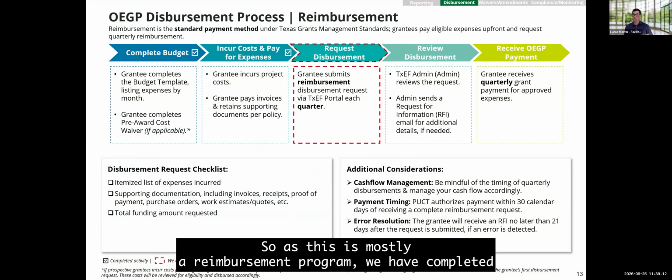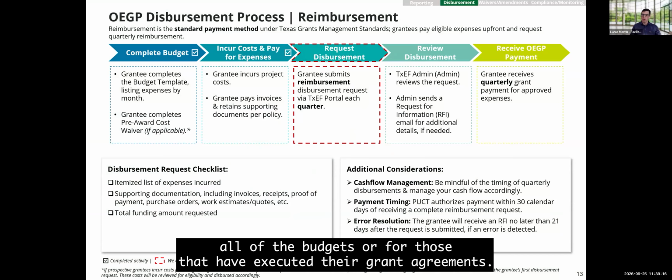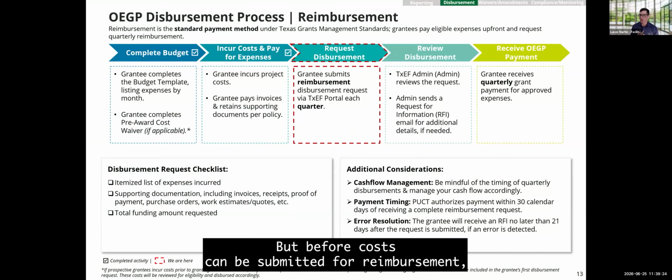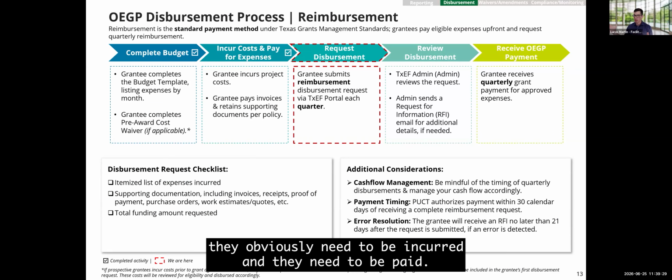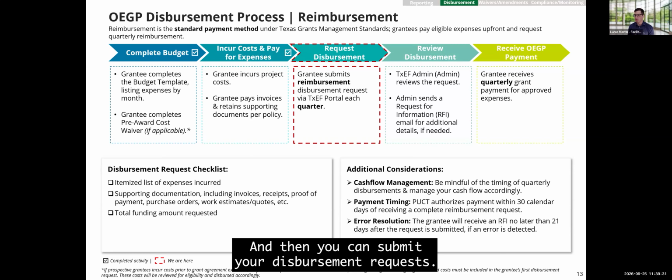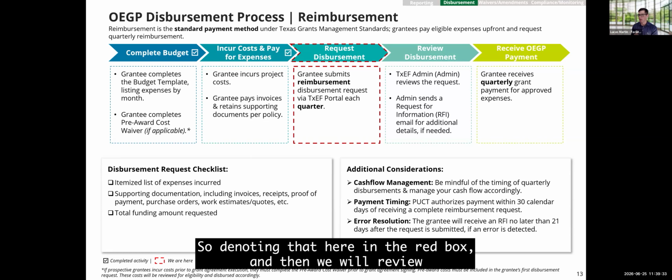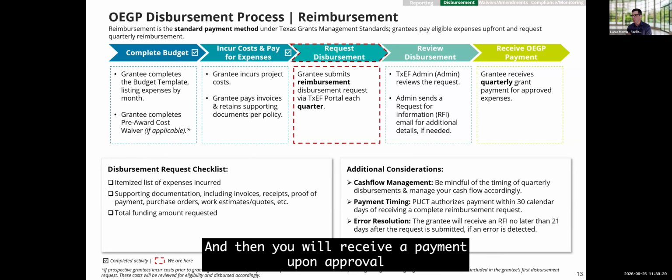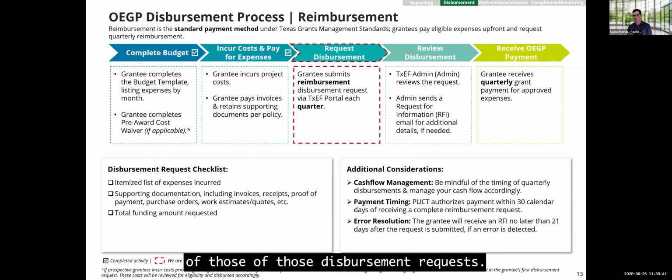As this is mostly a reimbursement program, we have completed all of the budgets for those that have executed their grant agreements. However, there are a few that we still have execution on in the hopefully near future. But before costs can be submitted for reimbursement, they obviously need to be incurred and they need to be paid. And then you can submit your disbursement request. So denoting that here in the red box, we will review those disbursement requests, and then you will receive a payment upon approval of those